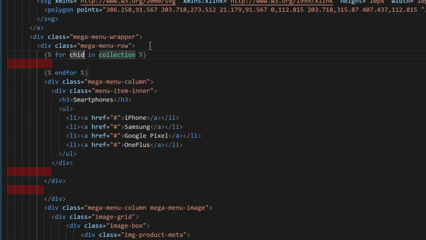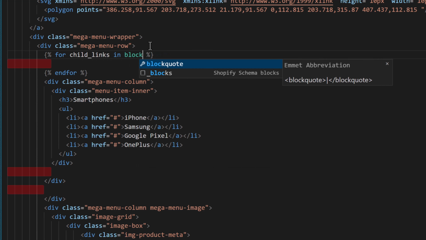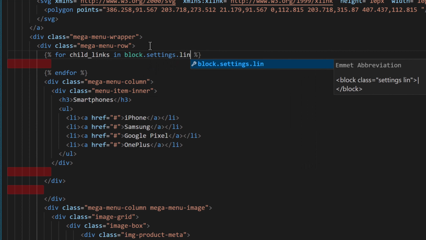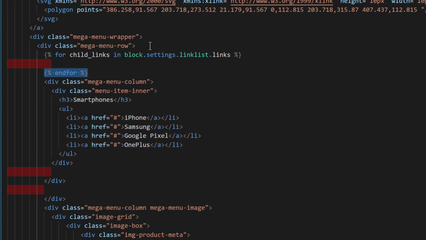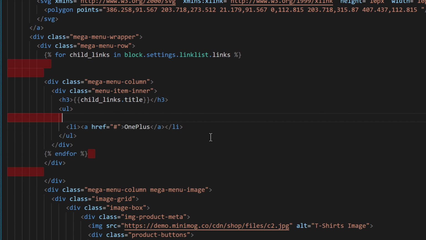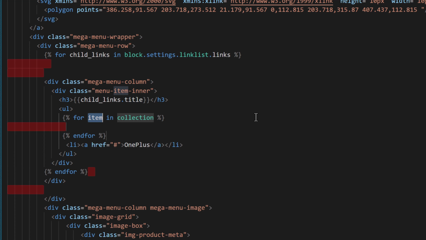for child links in block.settings and linked list dot links. Let's remove this here. Here we are going to type child links.title, and we are going to write another loop here. Let's remove that. That would be for the subchild